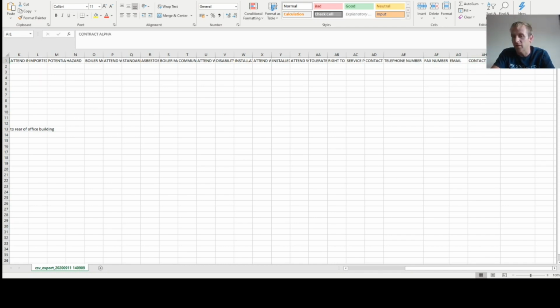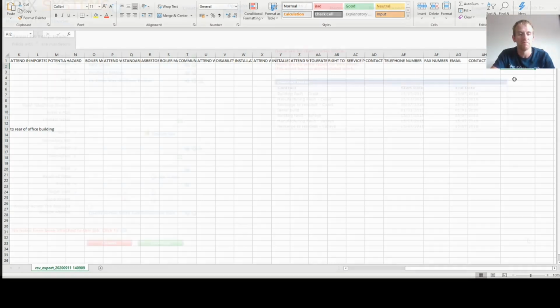The contract alpha, this is where you can specify what contracts you want to be available to this asset when you're creating jobs. So as you know, when you create a job, if you are going to be doing, say, reactive works and planned works at a particular site, but not void works, then you would link the asset to the reactive and planned contracts and not bother with the voids. Well, you can specify this here, and you would use the alpha for the contract, and that's the contract reference from within our system. So I'll go back to the system again and show you where you can find that, and then show you what you would need to put in here to make that link between the asset and